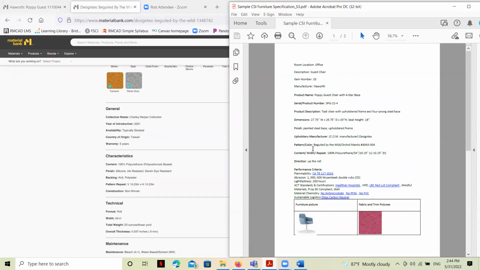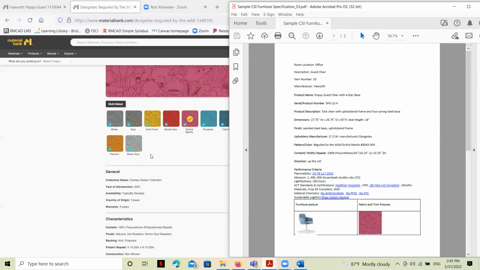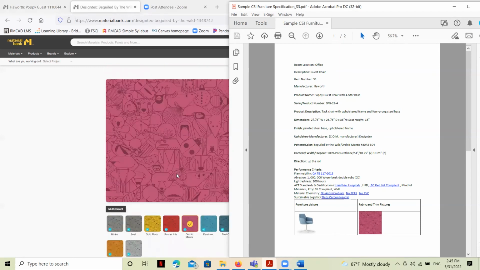And you can see here, I've got information about the manufacturer. It's a COM, which means it's a customer's own material. In other words, it's not going to be upholstered in something from Hayworth, which is the brand of the chair. So we have a COM product, and so it's from Design Text. That's the manufacturer. We've got the pattern and color information here, Beguiled by the Wild, and it's an orchid mantis.